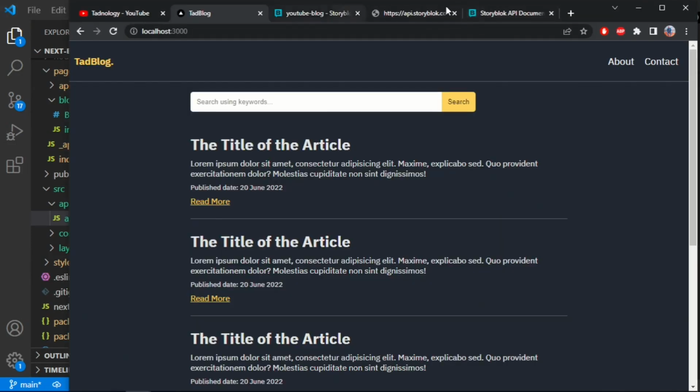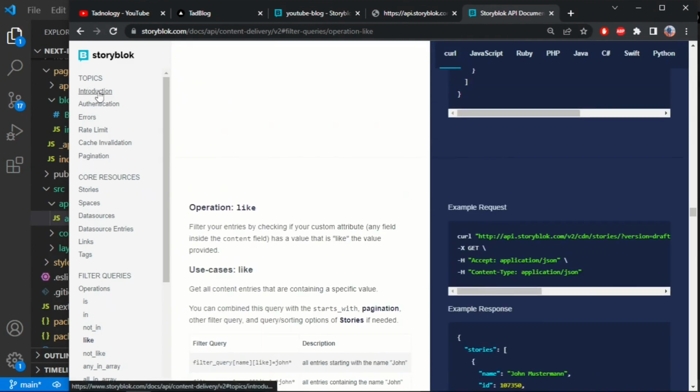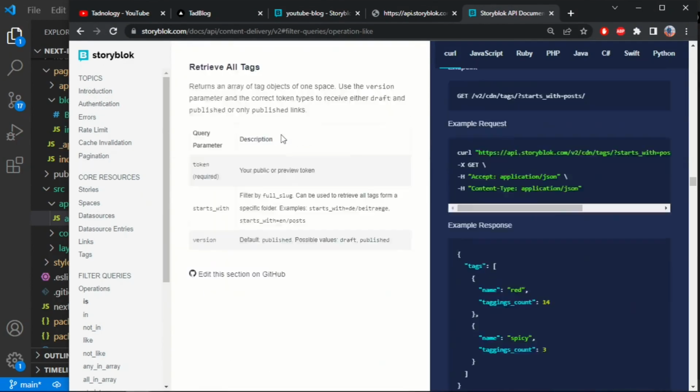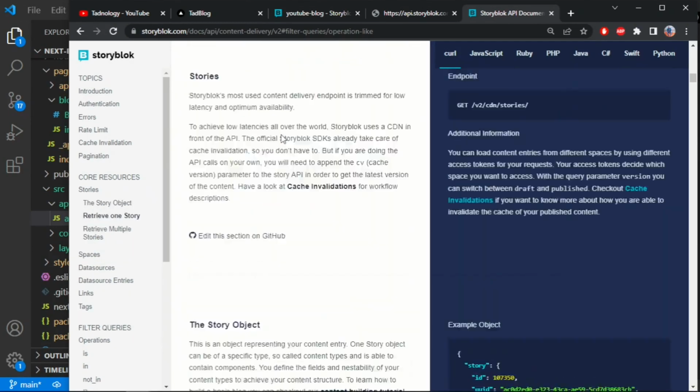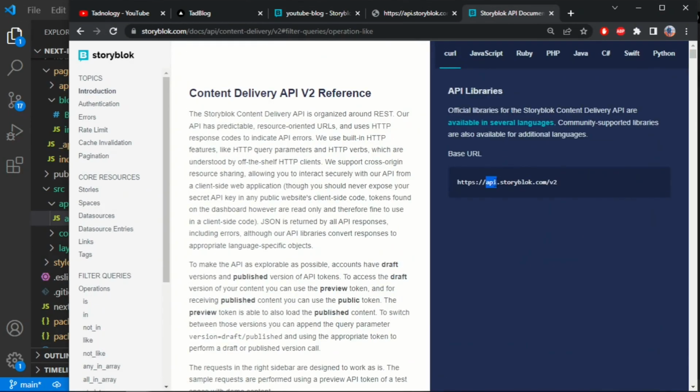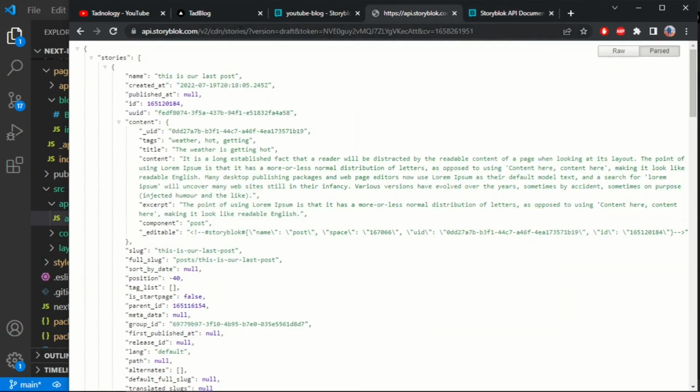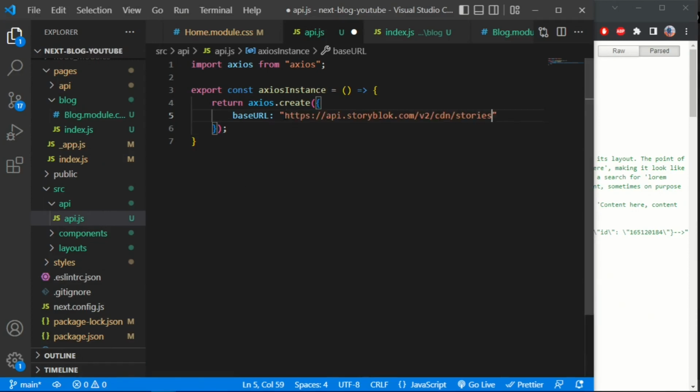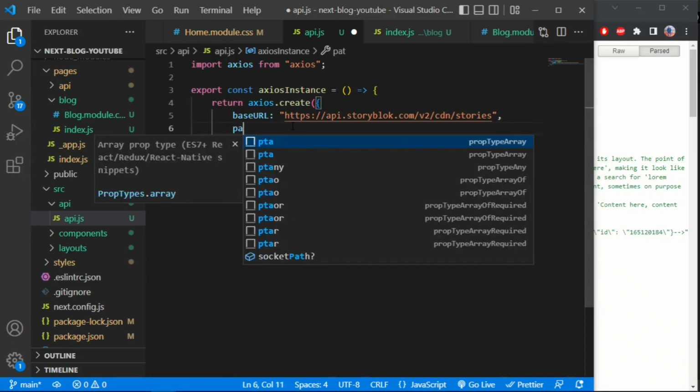Actually, instead of using the URL, this one, where is it? Let's go back on top of the page. So instead of just using this part, we're gonna append it up until the stories part here. With the stories part here, it means you are actually looking for everything, right? So yeah, we're going to take it from here up until this part. This is gonna be our base, and you also need to have those params, which is